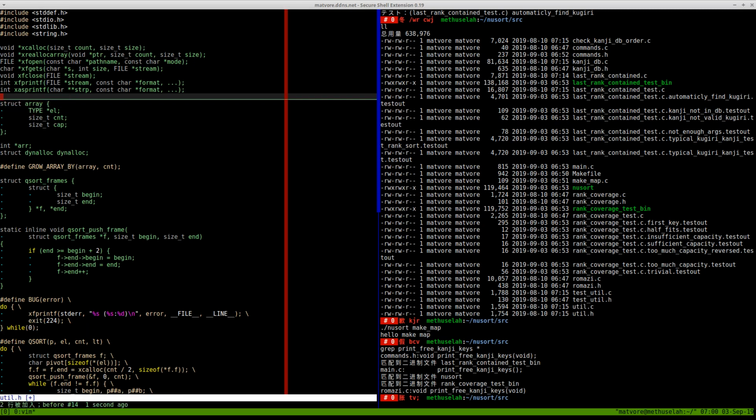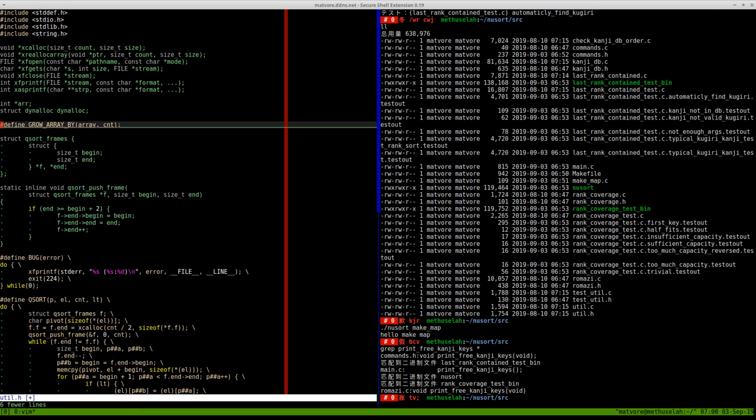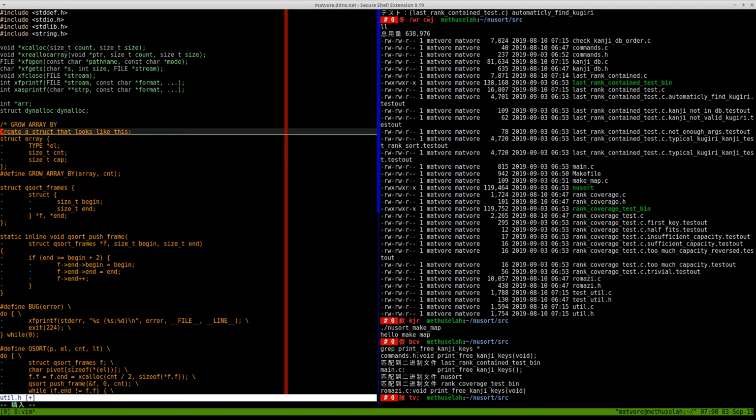So we'll just say you need to call this field L. So I will say here, let's document how to use this. Create a struct that looks like this. Let's say grow array by. Create a struct that looks like this. Let's